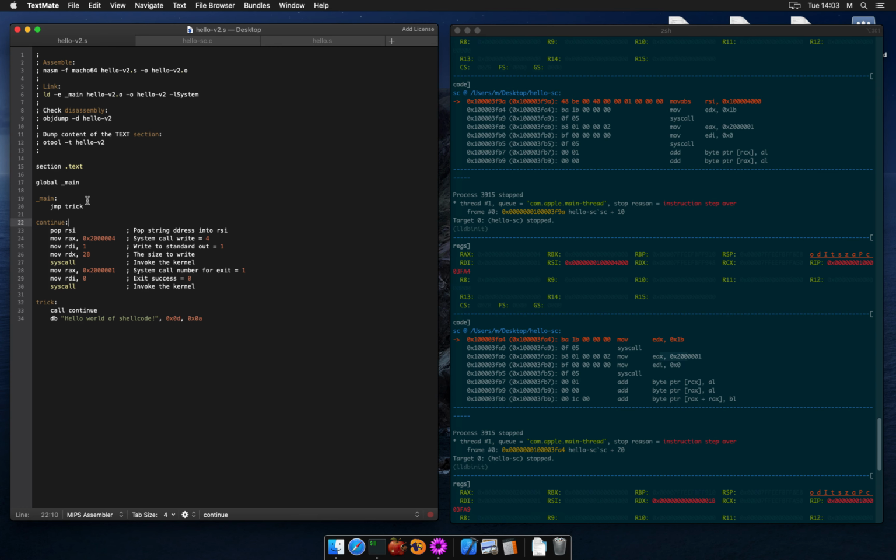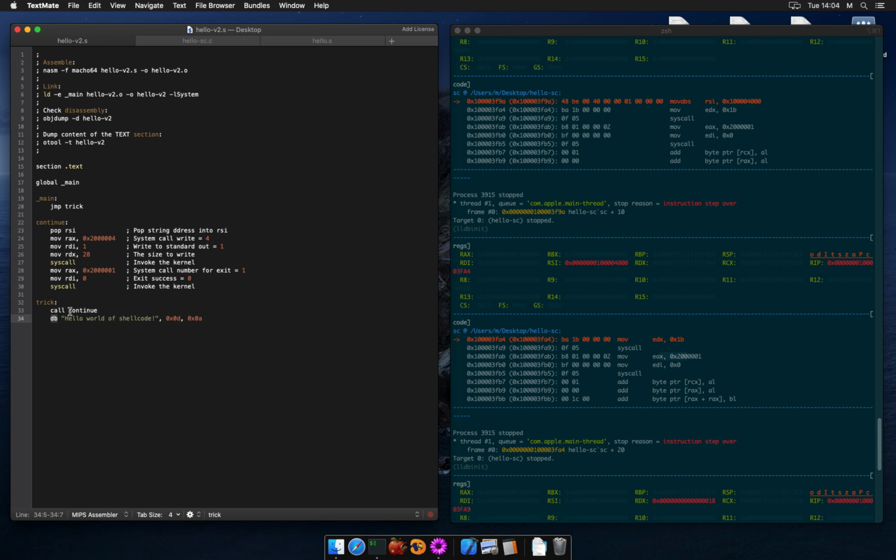In the beginning of the main function, we start with a jump to a label that I've called here trick. This label simply calls another label, continue. The benefit of this scheme is that the call instruction will place the address of the next instruction on the stack. Very useful. The next code is just a sequence of bytes defined using the db command as we've done before.